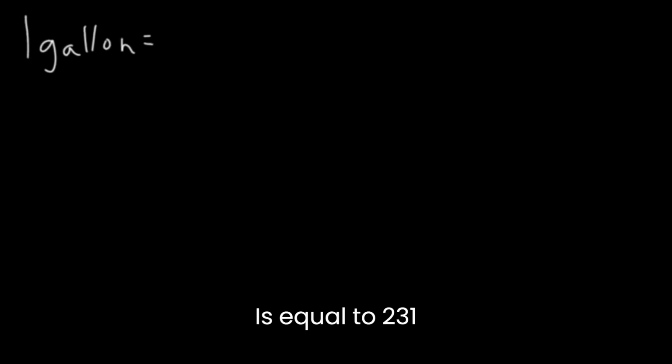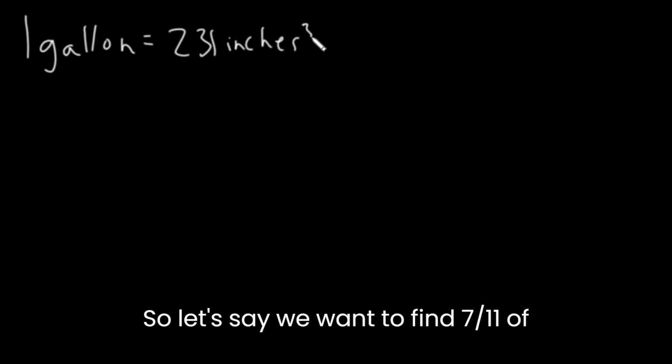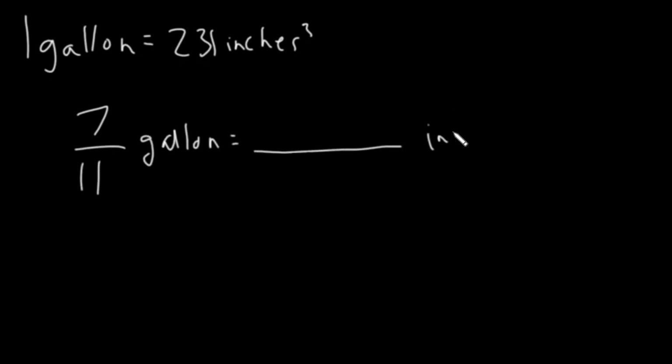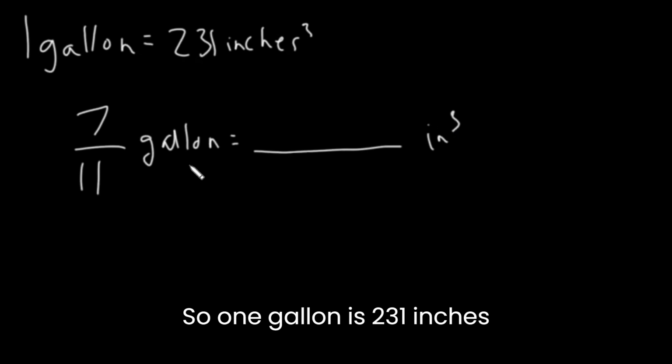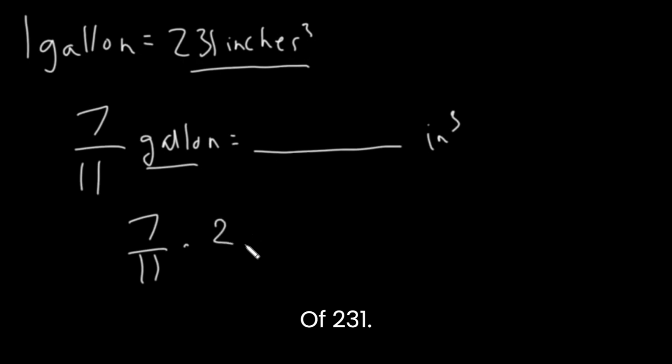Let's look at the most important conversion factors. The first conversion factor is that 1 gallon is equal to 231 inches cubed. So let's say we want to find 7/11ths of a gallon in terms of inches cubed. So 1 gallon is 231 inches cubed. So we can take 7/11ths of 231,